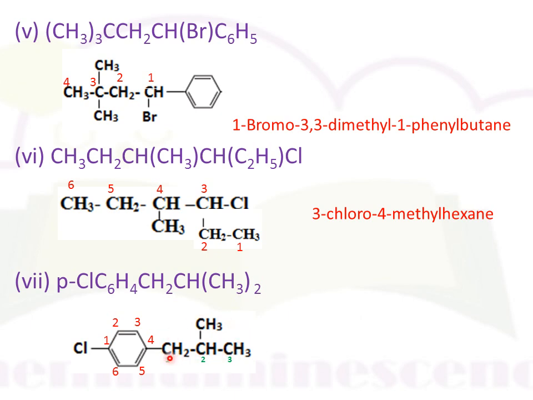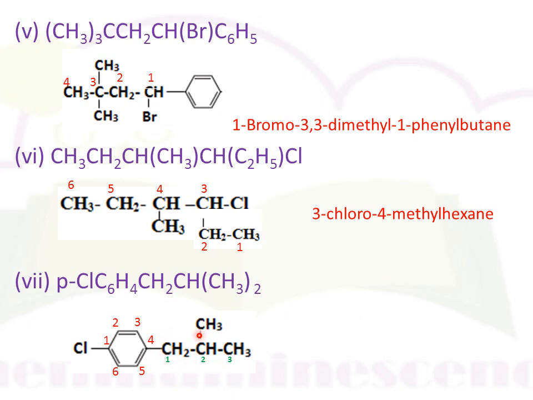So what we have to write? We have to write the name of this alkyl part separately as a substituent. Consider this as a substituent. So the name of the compound is 1-chloro, and for writing the name of this substituent, again you number this chain. Numbering should begin from that carbon which is bonded to this benzene ring. Hence the numbering is in this way. This carbon has number 1, this carbon has number 2, this carbon has number 3. At the 2nd carbon again a methyl group is present. Hence the name of this fragment is 2-methyl-propyl.